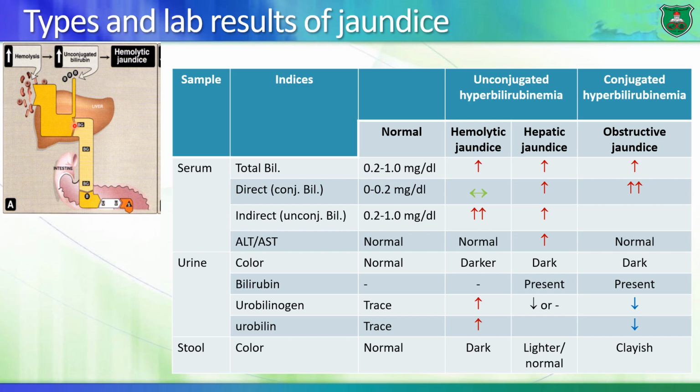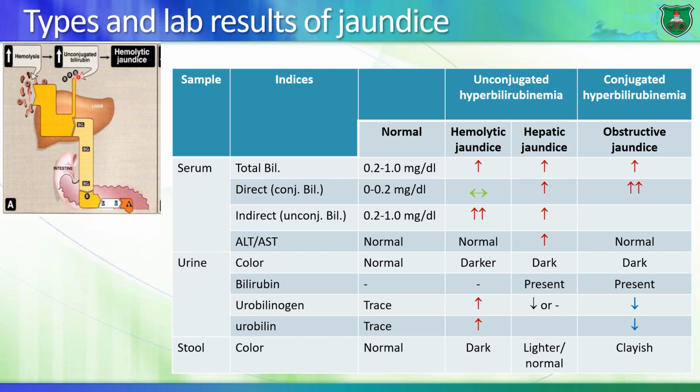So you have a lot of conjugation of bilirubin, so you have a lot of conjugated bilirubin going from the liver to the intestines, and you have conversion of bilirubin to urobilinogen and stercobilin. Now, what characterizes people with hemolytic jaundice is that their stool would be very dark as a result of overproduction of stercobilin. But since the glucuronosyl transferase enzyme is overwhelmed with bilirubin, some bilirubin would leak out of the liver